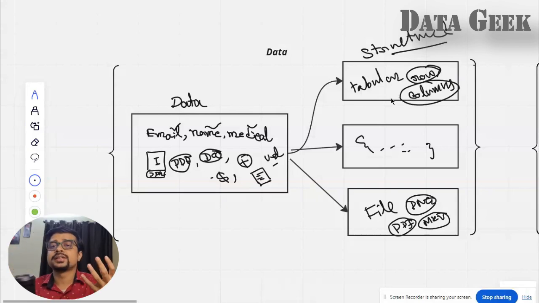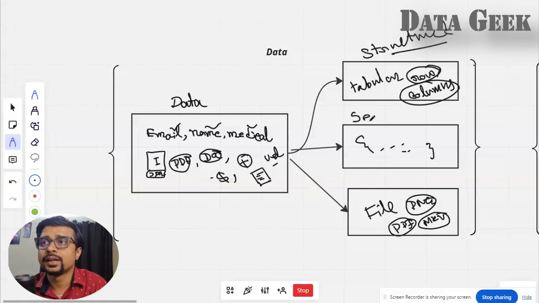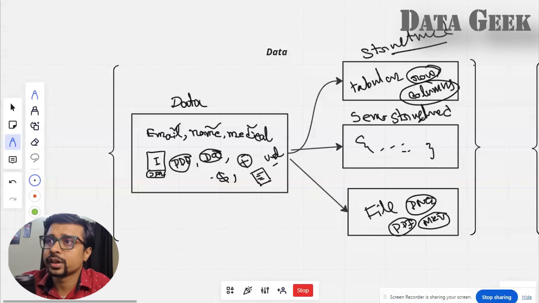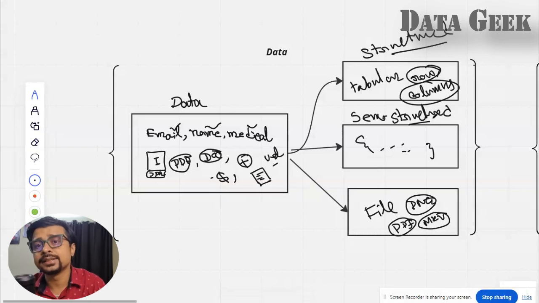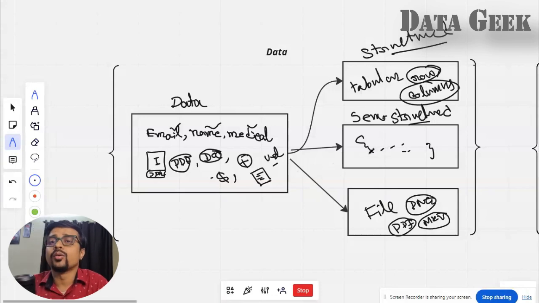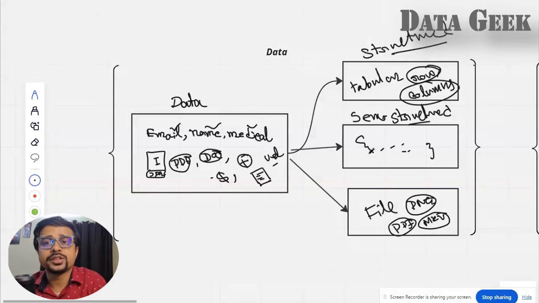Gradually this became difficult because we have multiple types of data. That's why semi-structured data comes into the picture. Semi-structured data can be imagined as JSON data. Again, a new term. If you are a beginner, the term JSON can be new for you, but don't worry, gradually I will explain what JSON is. Now, what is semi-structured data? There can be the same kind of data, but it does not have the same kind of structure.